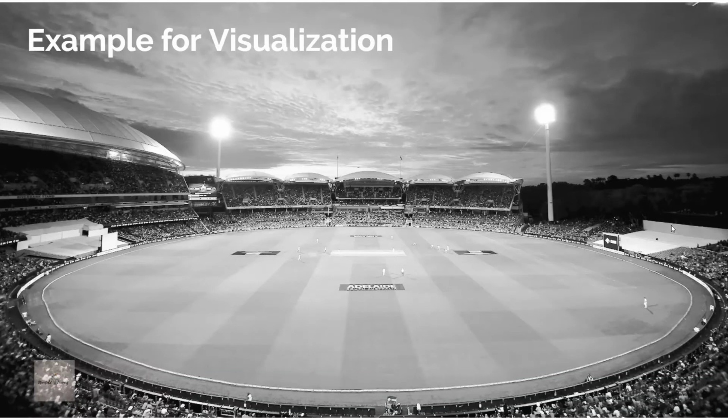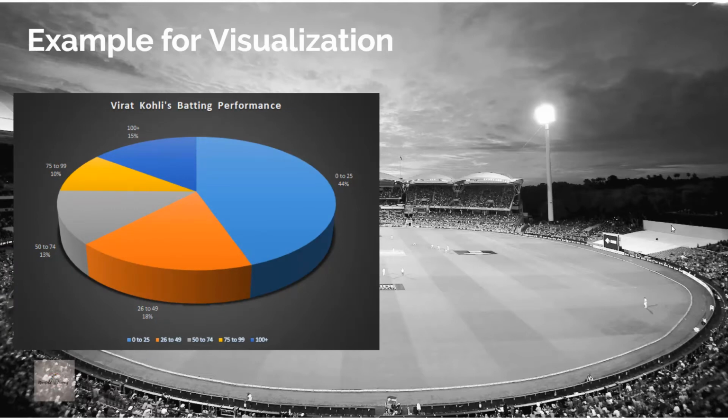Guys, personally, I am a big fan of cricket, so I'm taking this example here. Now, if you observe the screen, we have an image with some colors and values, and we call this image a pie chart. And guys, you might have come across images like line graphs and bar charts for representing data like run rate comparisons, players' personal bests in a particular match, region or country. You will see these things very often in any sport.